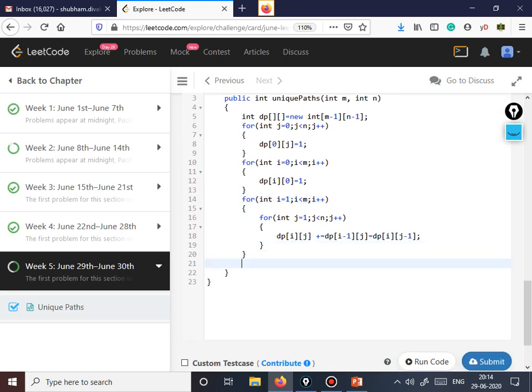The result would be stored in dp of m minus 1, n minus 1.